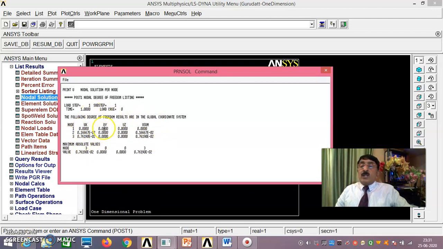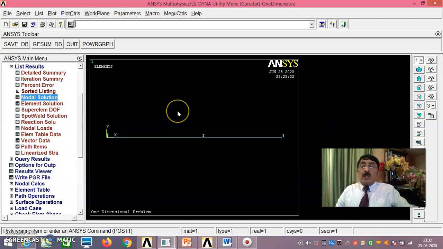This also you copy, or you make it in a tabular column. Okay, this also you have to show it to the examiner. In that way, we have got all the solutions, whatever we have done by theoretical methods. Okay, now as you see here,